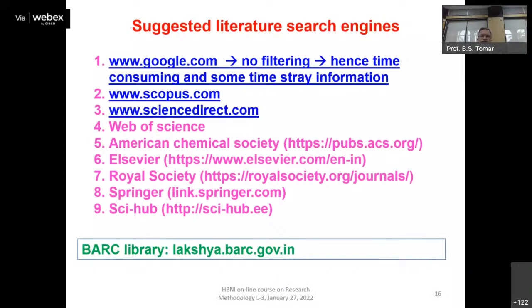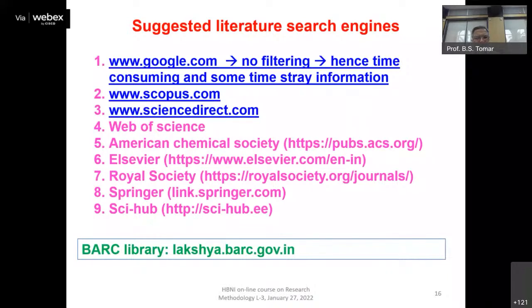If you give the direct DOI, this particular journal name, type, subject, title, proper reference, you may get the proper information, but otherwise you don't really get good information. So you go for the specific search engines like Scopus, Science Direct, Web of Science. American Chemical Society has its own search engine, the Physical Society also, then RSC, Royal Society, Springer, and now this is